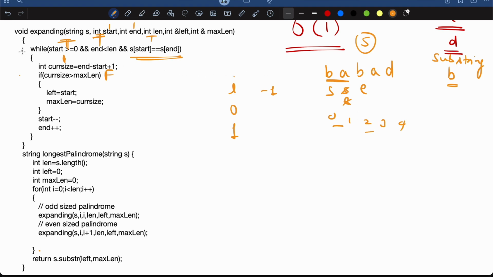So we'll come inside this while loop and we'll find the current size. End is now 2 and start is 0. 2 minus 0 plus 1, current size will be 3. 3 is greater than max length. We have max length as 1, as the maximum substring we have so far is of size 1. We will come inside it and